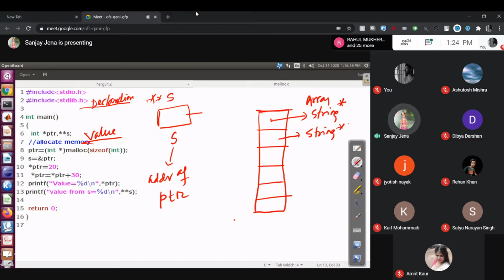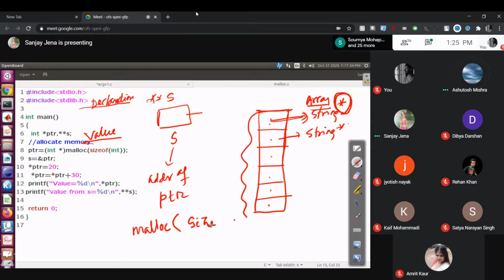Now, how much do you want to allocate? 1, 2, 3, 4, 5, 6 of the type character pointer. Because you are pointing to a string. A string is an array of characters. Then can I write malloc, this size?